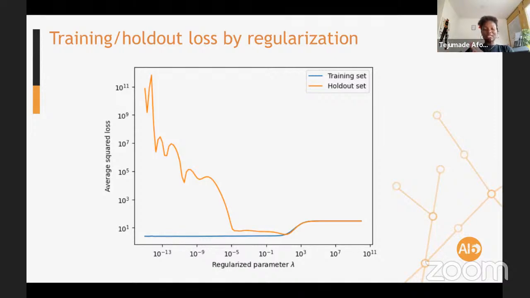But as you decrease your penalty, you start becoming more and more lenient, the complexity increases, and you can see that the generalization gap between your training set and your holdout set increases.